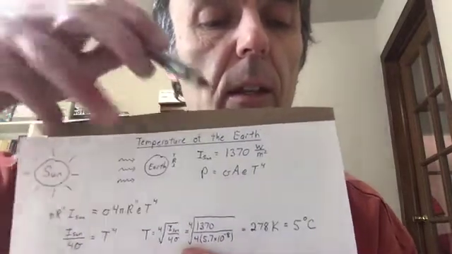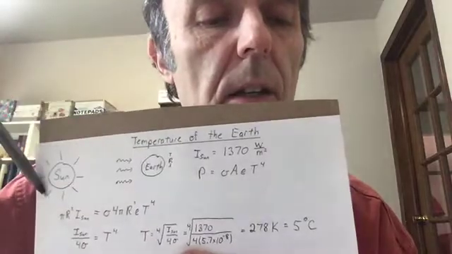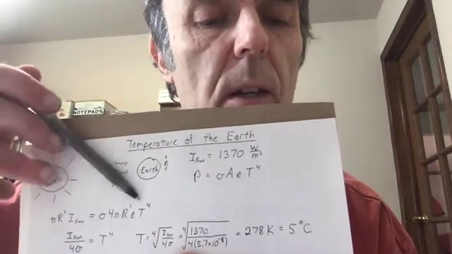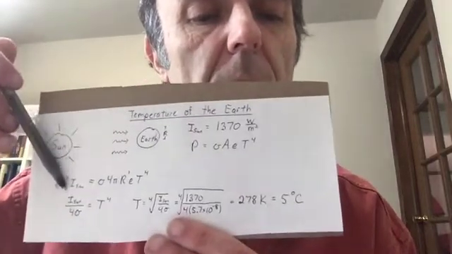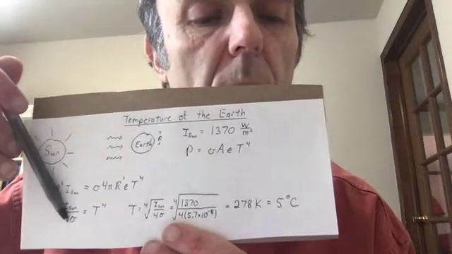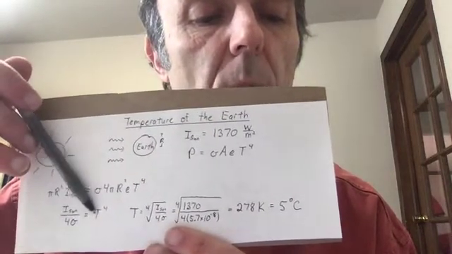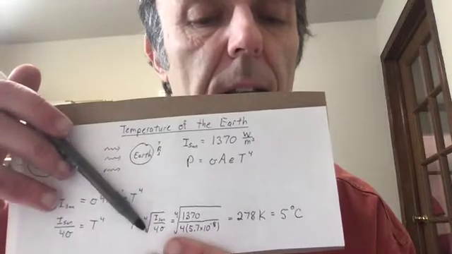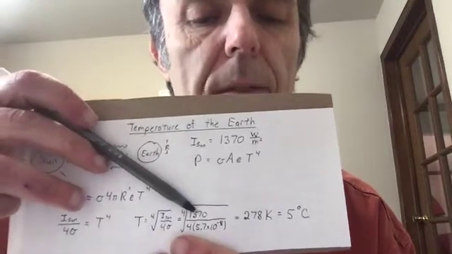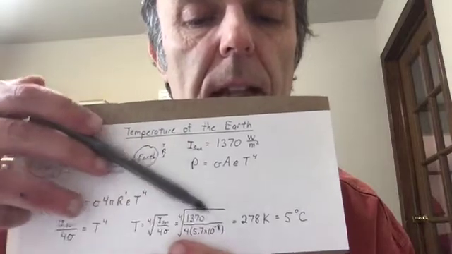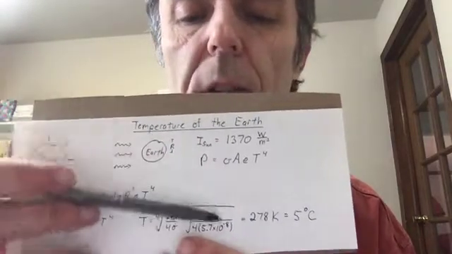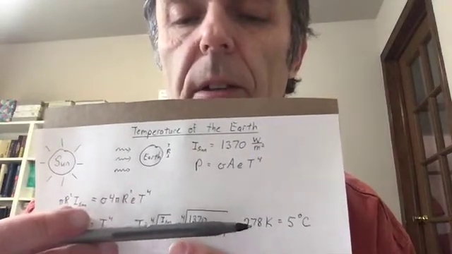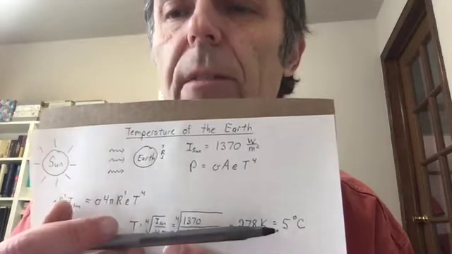So let's solve this. We see that the pi's cancel and the r squareds cancel. And what we're left with is T to the 4th, with e equal to 1, equals the solar constant I from the sun, the intensity from the sun, divided by 4 times the Stefan-Boltzmann constant. Or taking the 4th power of each side, you get the temperature, the 4th root of I sun over 4 sigma. Put in the numbers we have for the solar constant and for the Stefan-Boltzmann constant. Take the 4th root on your calculator, and what you get is 278 degrees Kelvin. Now remember, the conversion factor is Kelvin minus 273, so that's 5 degrees Celsius.